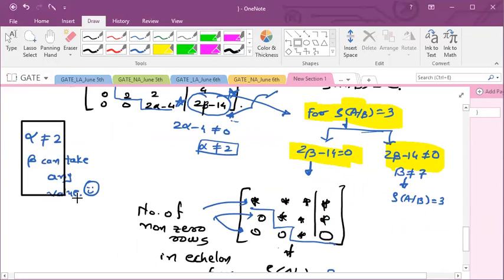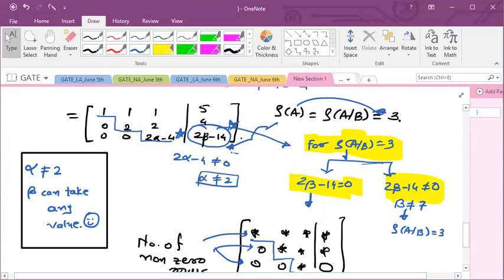See over here, this should be our final answer, because in one option they will give you alpha is not equal to 2, beta is not equal to 7, and the majority of students will go for that. See, rank of A is clear to everyone, right? I'm repeating this once again. Rank of A should be equal to 3, and for that, this should not be equal to 0. This should not contain 0, because if it is 0, then rank of A will become 2. So if it is not equal to 0, then alpha is not equal to 2. So the value of alpha is clear to you, right?